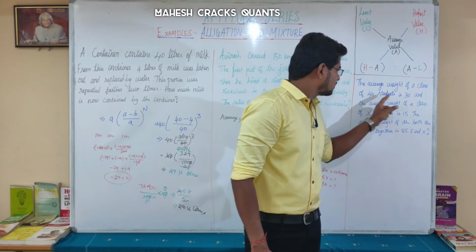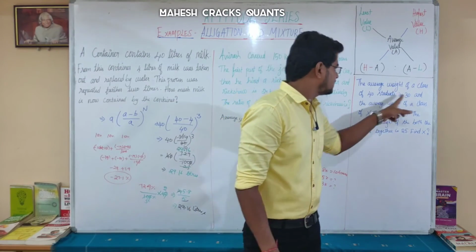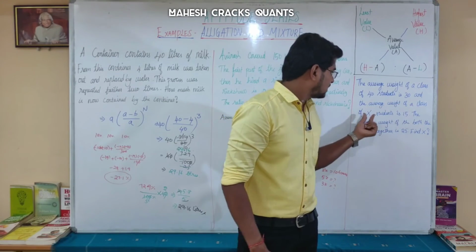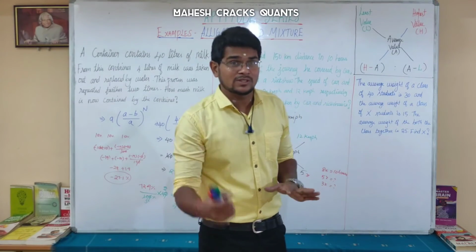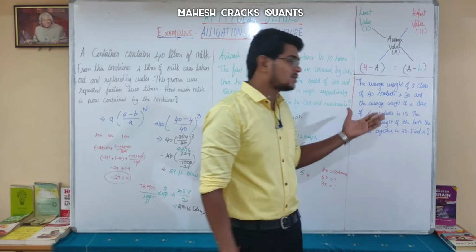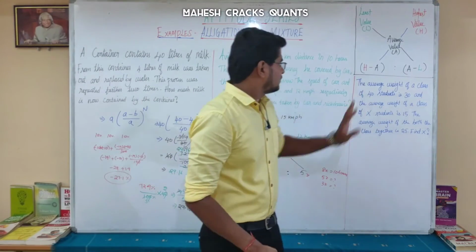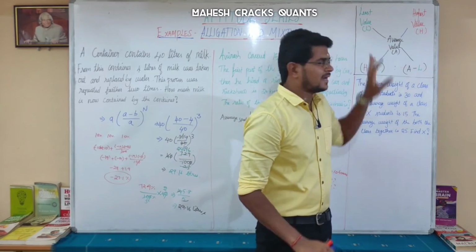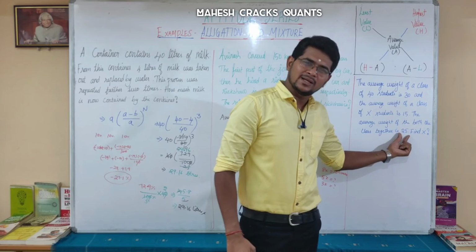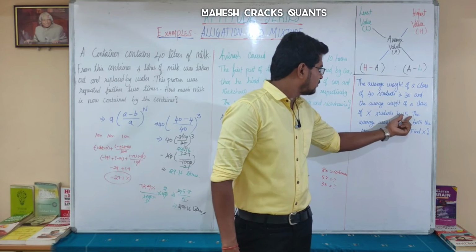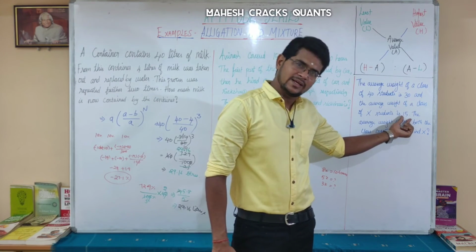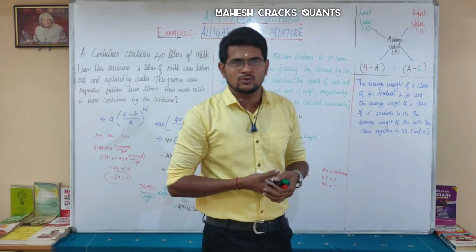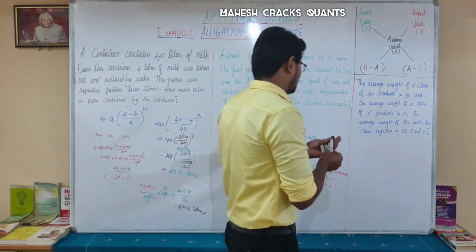Listen here, 40 students with 30 average weight, which is 30 kg per person. And then the second class has X number of students. I don't know the number of students, I have to find it. That is the question, find X. Okay, first, do we have 3 values? Least, highest and average. Yes, the average of both classes is 25. The average of one class is 30, the other class is 15. And then one class value is 40 students, the other class value, the number of students, I have to find. So fix it.